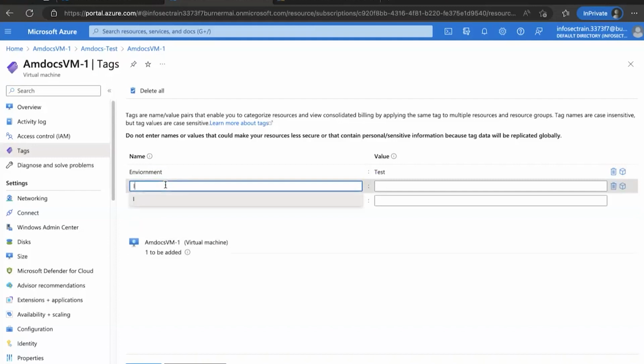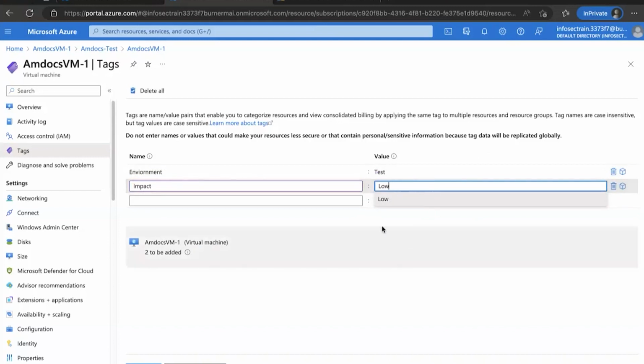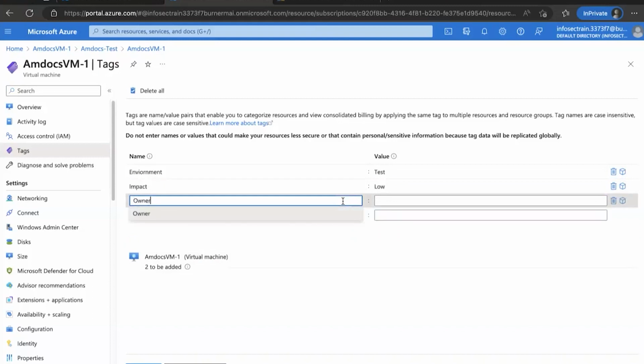We can also say what kind of impact it will have, how important the resource is to your business operations, such as is it mission critical, high impact, or, because it is testing, low impact, right? So my impact is low impact. Either I can write it like this or simply low, right? Impact is low. A second tag like this would be over here. And who is the owner of this? Owner is Jendo, right? Like this, you will be having things over here, and you can apply these tags to this one.